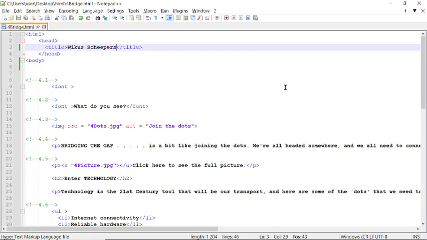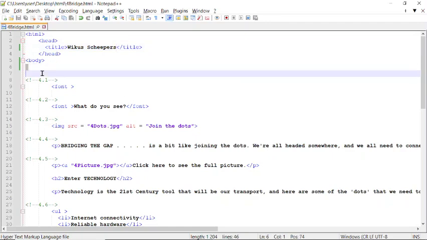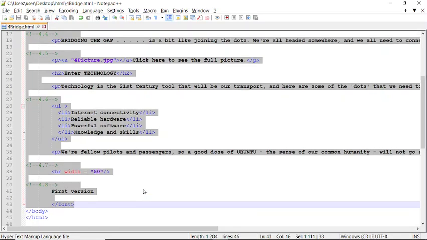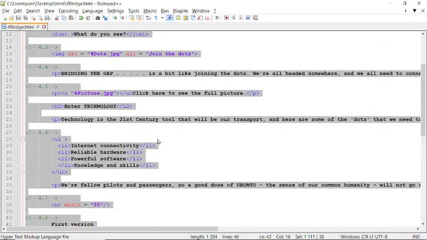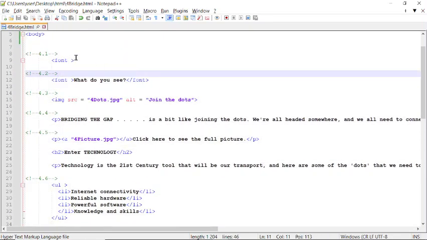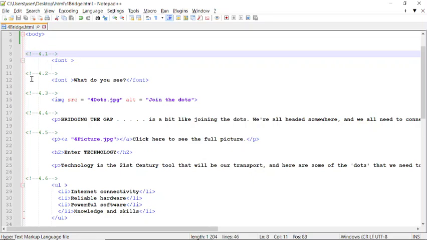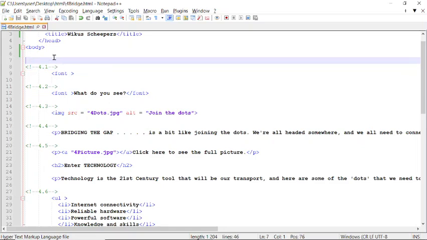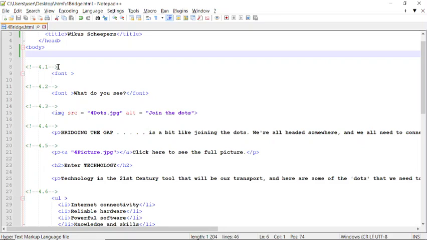Now, the next part that we're talking about is your body part. Now, everything here between your opening and your closing body tags, this is what actually shows up on the website. Once again, as I said, you will get areas where it says 4.1 is here, 4.2 is there. However, there's a few things that I want to just add and change today. Now, I'm working in my body section, and you might get a question that's asking you to change your body's background color to cyan. Now, cyan is a light blue.